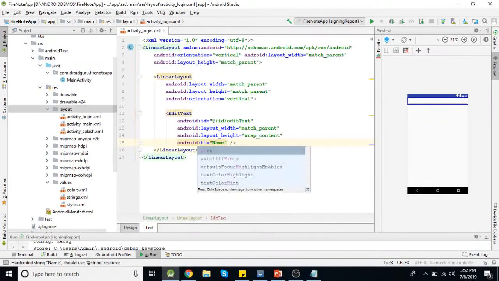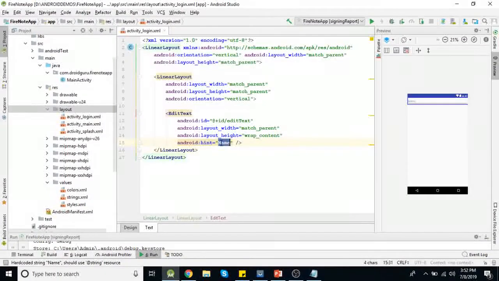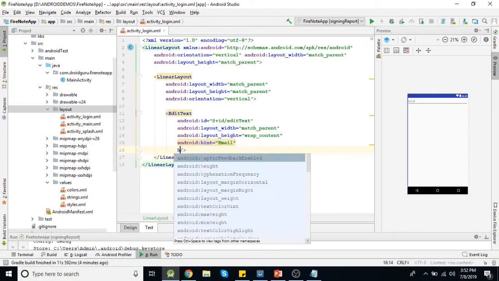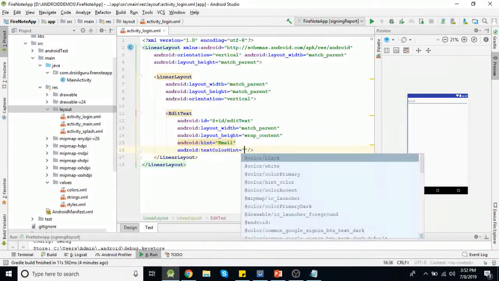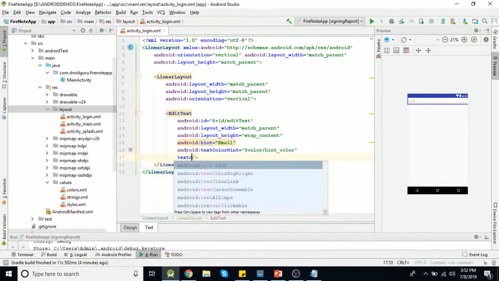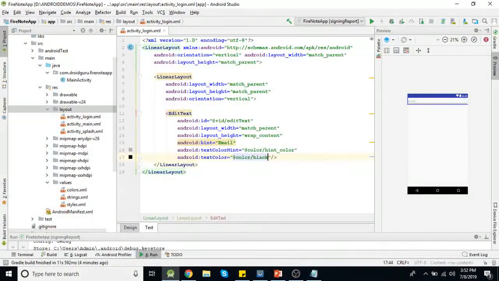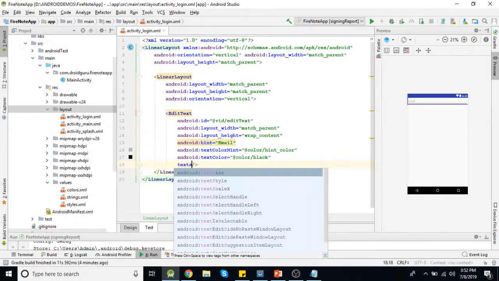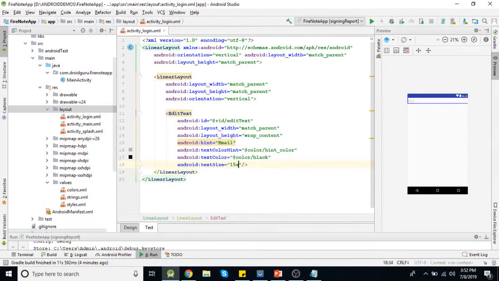Hint will be email, then hint color, we already defined it. Then text color we'll keep as black, text size let's say 15 sp.